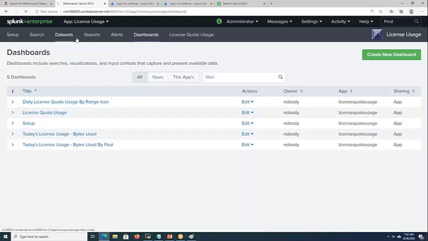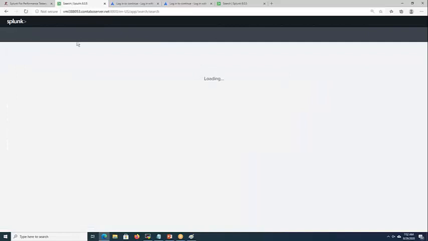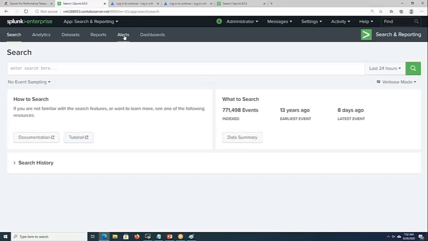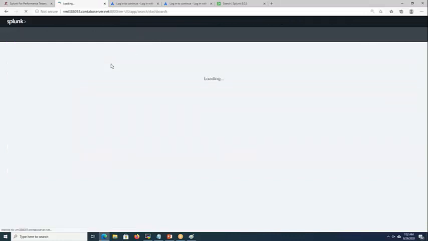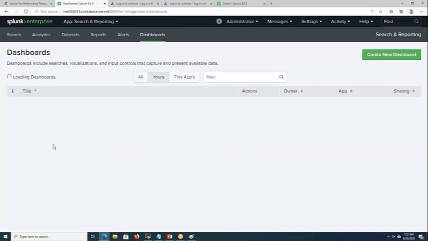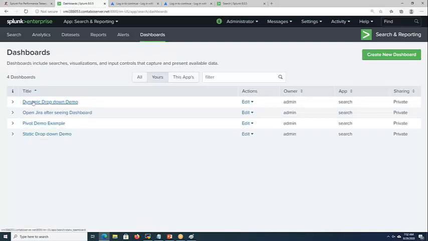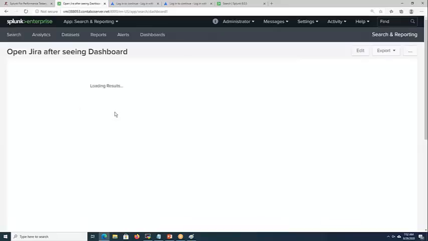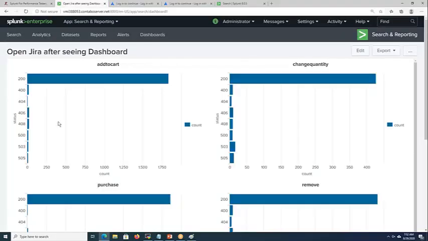I have to go to this search. So I am clicking this dashboard. For this dashboard, I haven't written the query. Using pivot, I have developed this dashboard.